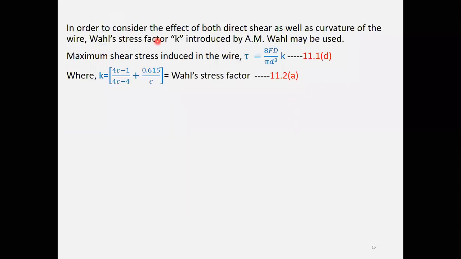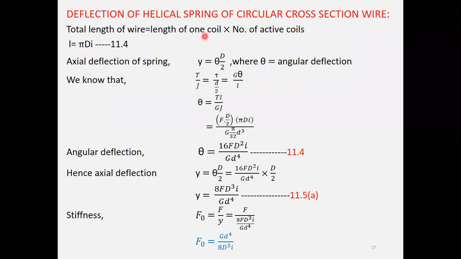Okay, that has to be multiplied with the length of one coil. How to measure the length of one coil? To measure the length of this coil, you will be knowing the mean diameter, whatever this d is. You will be knowing d multiplied by pi, that will give the length of this one coil, multiplied by number of active coils. You take that down, and from that you will get the total length of the coil.